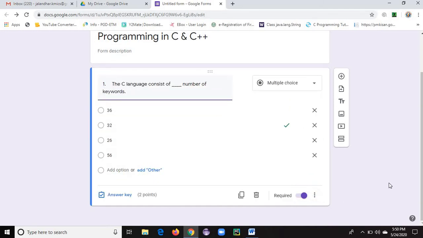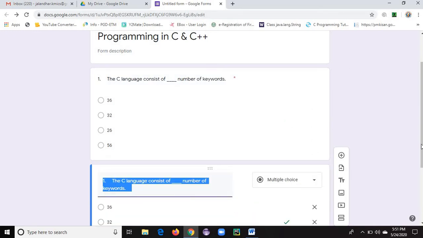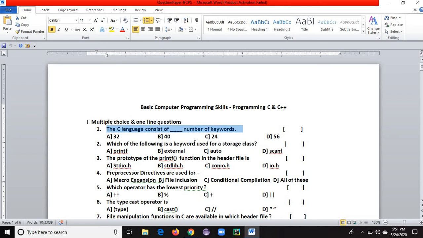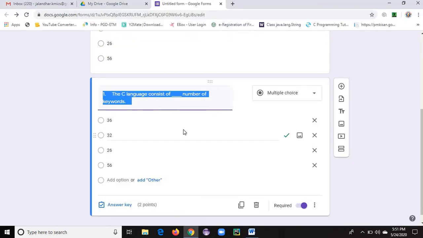If you want to create a second question, there is no need to type or go through any difficulty. Just click on this one. A new question will be copied like this. Just see, the same duplicate options, everything will be listed out. Here your work will be reduced. Just go there and copy this question, and paste it here itself.